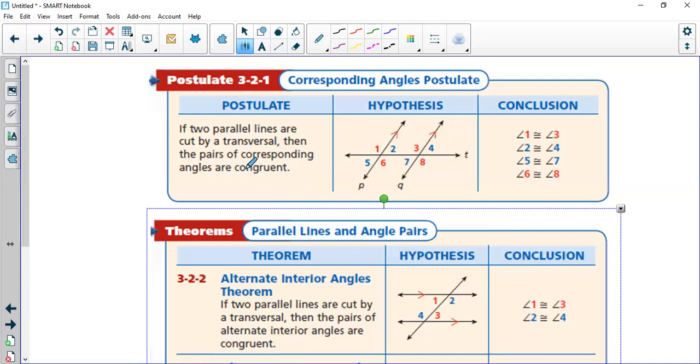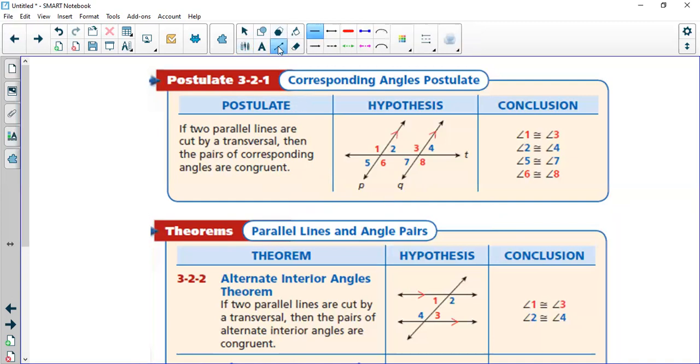So in this lesson, you just have one postulate. What is the postulate? Now do listen to me carefully. Just try to concentrate a bit so that you can understand it easily. If two parallel lines are cut by a transversal, then the pairs of corresponding angles are congruent. So the postulate here says if there are two parallel lines, not any lines, they must be parallel. So these are two parallel lines. And if it is cut by a transversal,